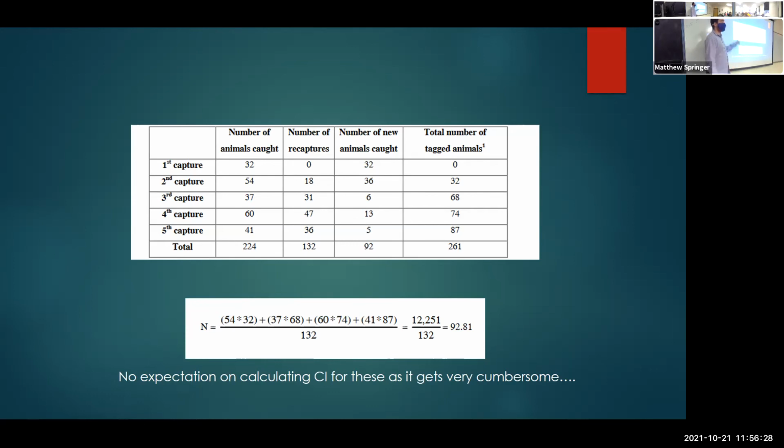Thursday, we're going to get into a different population estimation technique, because Kate is going to do her wildlife disease lecture on Tuesday the 2nd, election day,